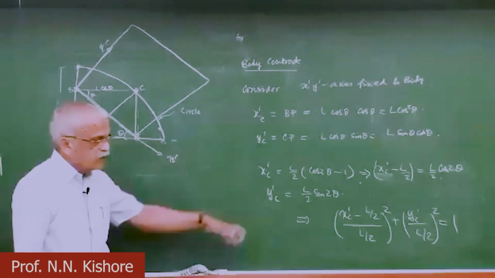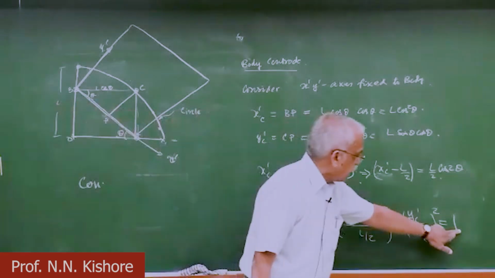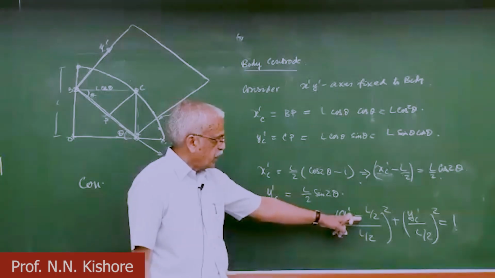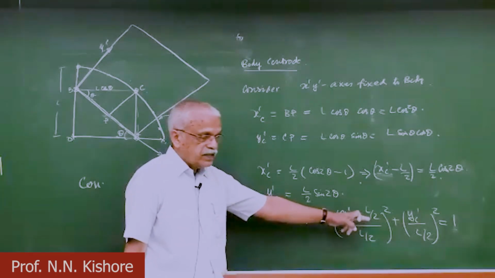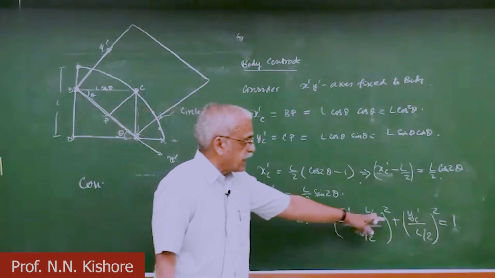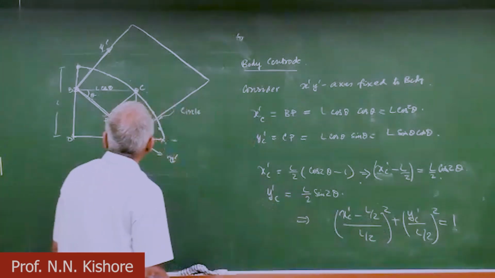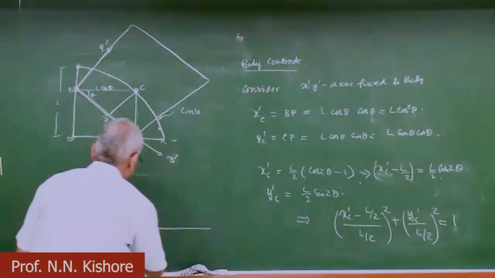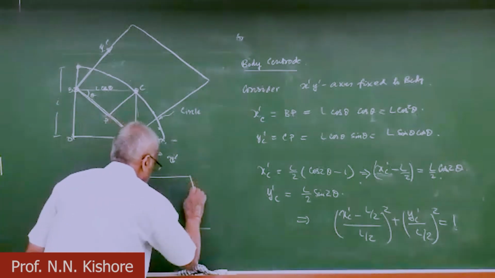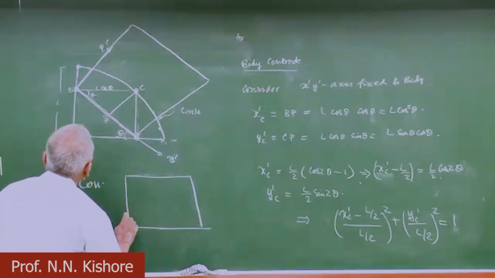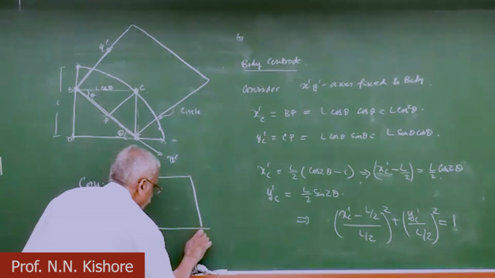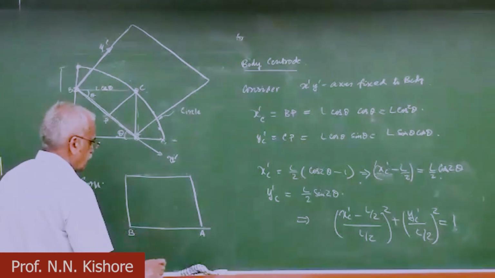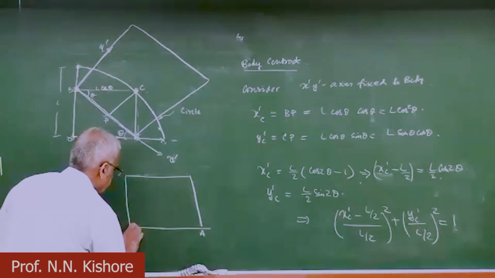So it's again the equation of a circle of radius L by 2 and its center is located at L by 2, 0. So if you take out the board and look at how it is located, it is nothing but a circle,